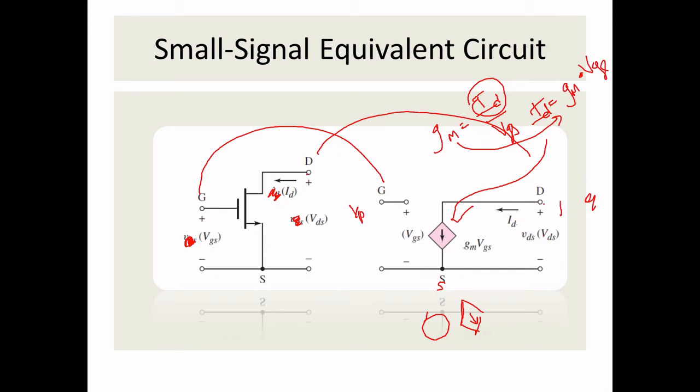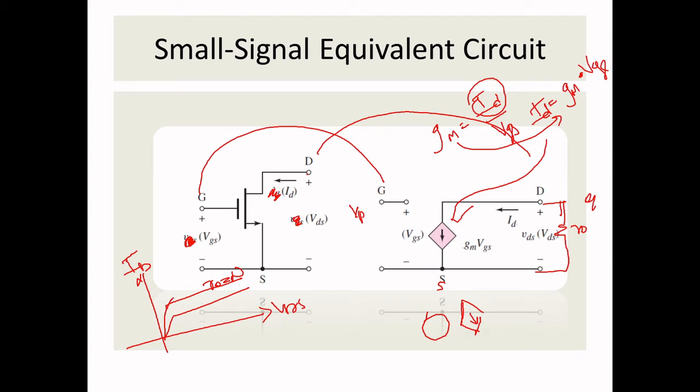Actually you can represent R0 based on some perspective. Consider you have ID versus VDS. When you have a flat band like this, your R0 is infinity. That means current will not propagate, so it will be considered as an open circuit.